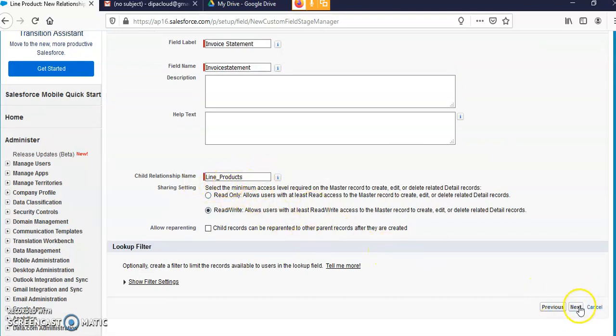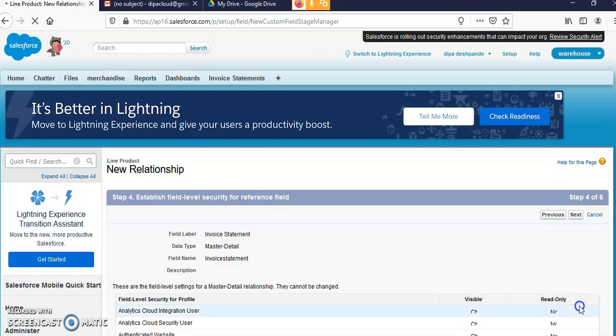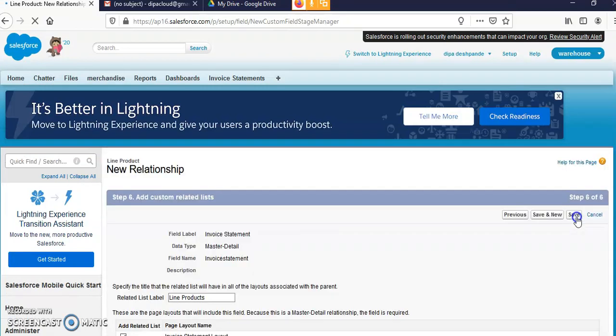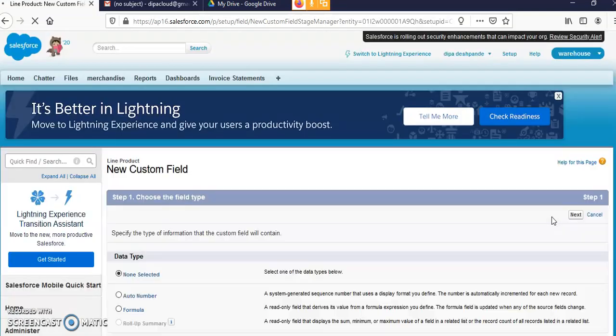So next, next, next. Save and new. So we have the first field related to that, right?